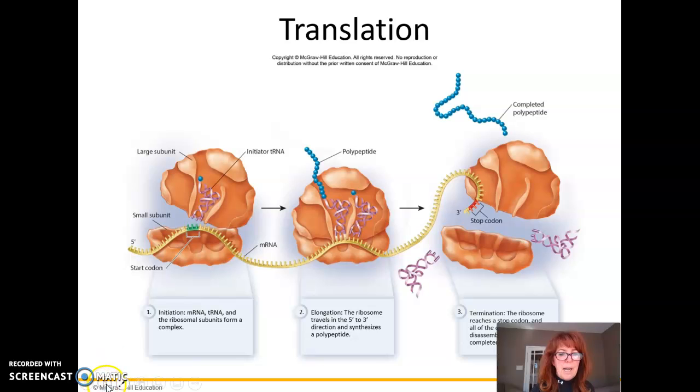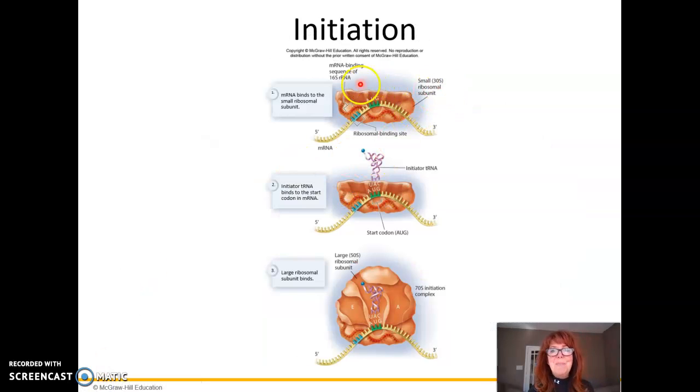Let's take a look at initiation. In initiation, one portion or subunit of the ribosome attaches to the mRNA molecule. When we're looking at bacterial cells, they have something called a ribosomal binding site. And that's a part of your RNA that will attach to your ribosome. Remember, I told you ribosomes are made up of RNA. And so we can have these 2 pieces of RNA, a complementary base pair or hybridize,